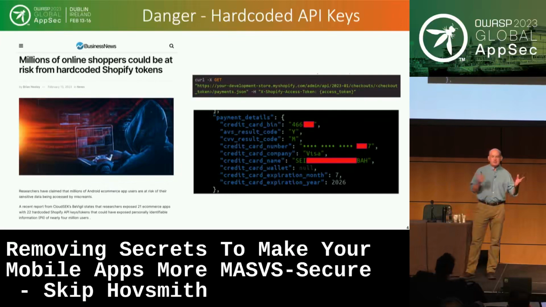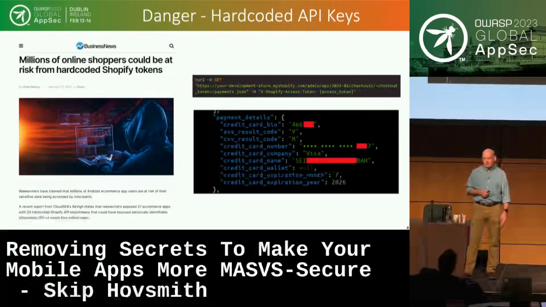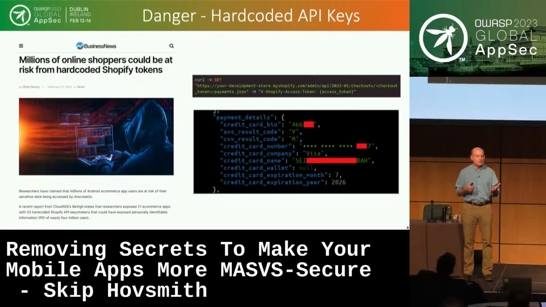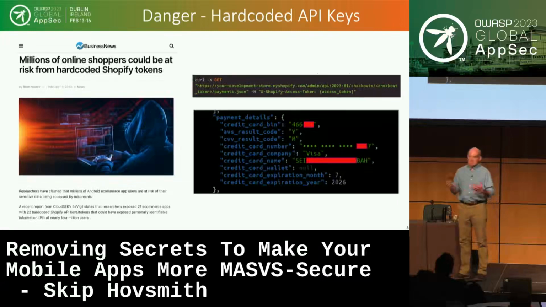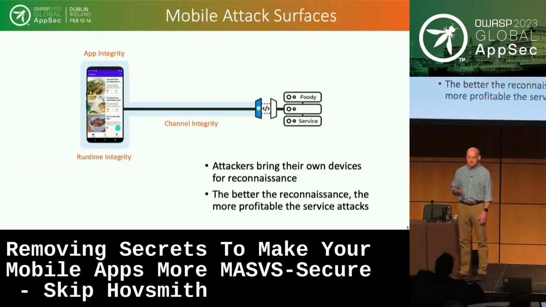So to motivate you, I just picked a random and current event. It's very easy when API keys are hard-coded to have them extracted. So in the last week, there's been publicity about some Shopify tokens that have been hard-coded. CloudSec went through and just grepped looking for keys and found quite a few hard-coded keys, and were able to use those to go in and access APIs. And in the case on the right here, we're actually just sending some curl commands with those hard-coded APIs and extracting credit card and other PII personal information. So hard-coded APIs might feel like a necessity, but they clearly can be a danger.